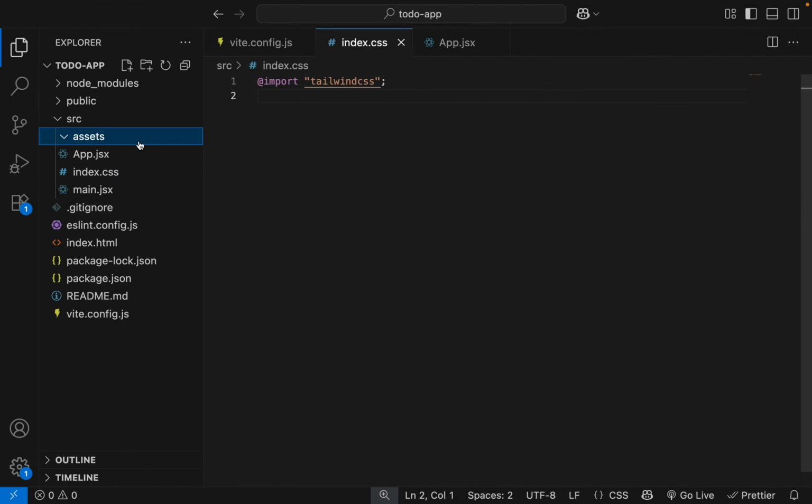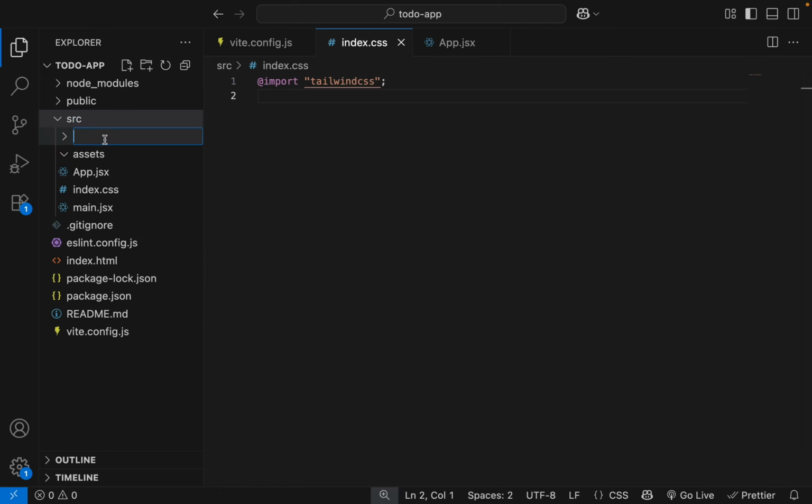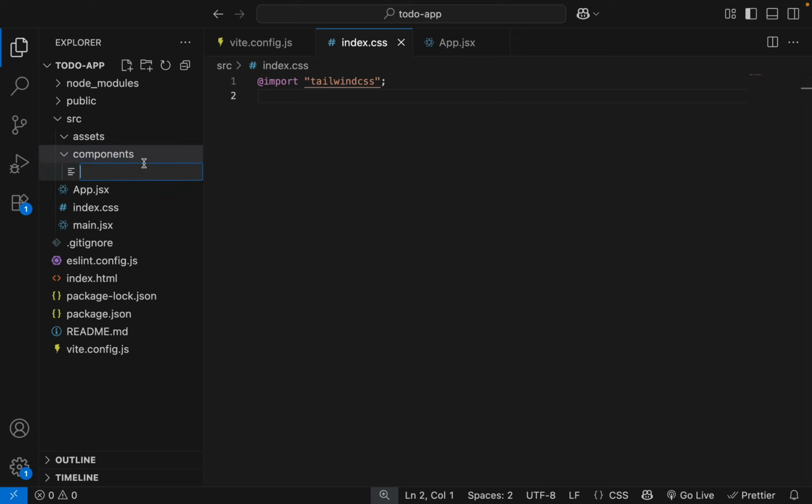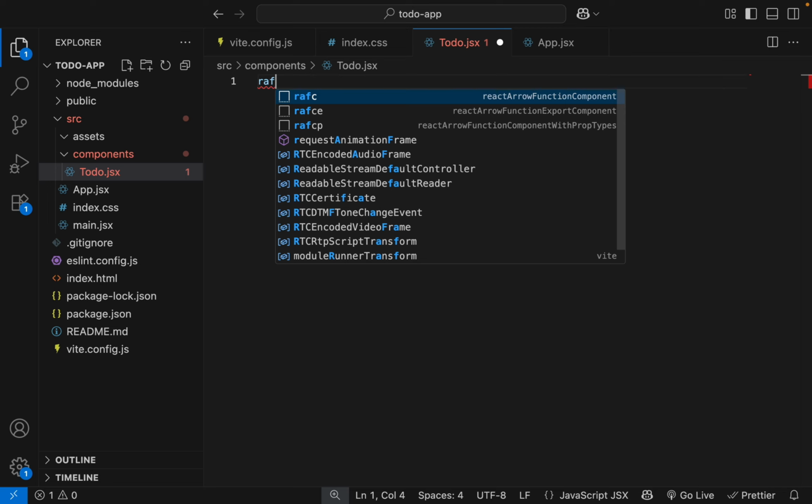So first create a components folder in the src folder. Inside this folder create a new file and name this file ToDo, and create a component named ToDo using rafce.